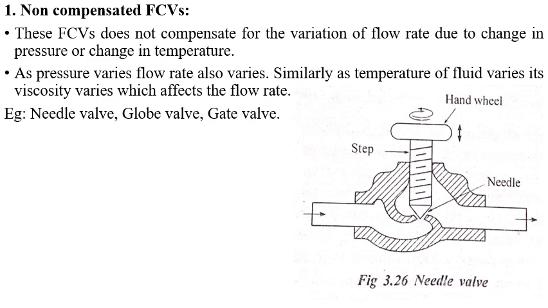This valve has a conical disc, which means here you can see it in a needle-like structure, which can be adjusted in a vertical direction by setting a flow adjustment screw using a hand wheel. There is a hand wheel. This is the hand wheel to operate this screw movement, and this is the needle.